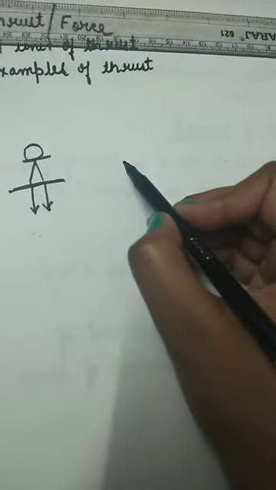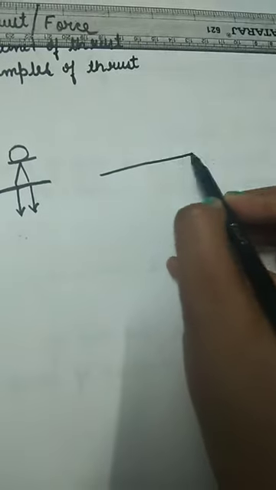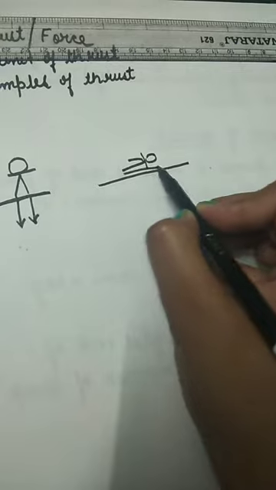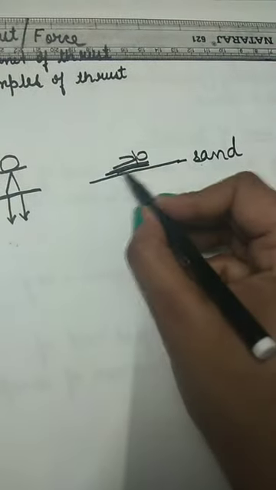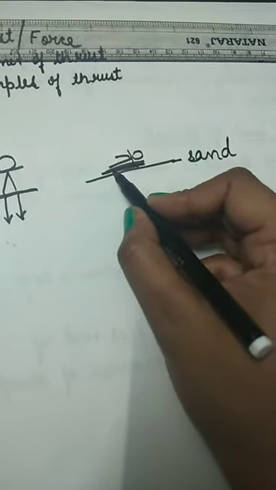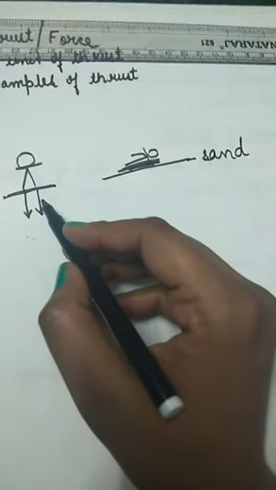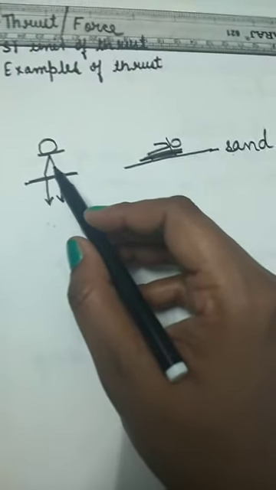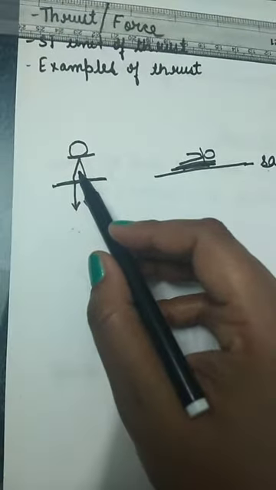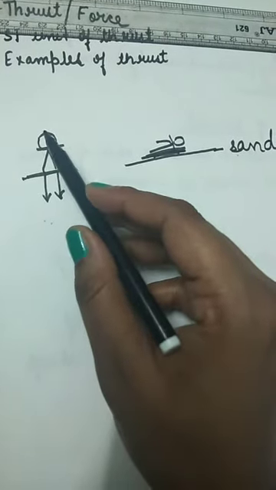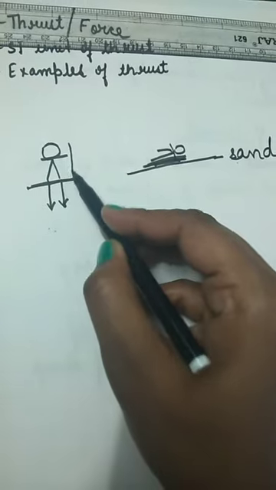But when you lie down on the sand, this is the surface of the sand, you can see your body penetrates less than the body which penetrates while standing on the sand. So this is the example of thrust applying more in this situation,